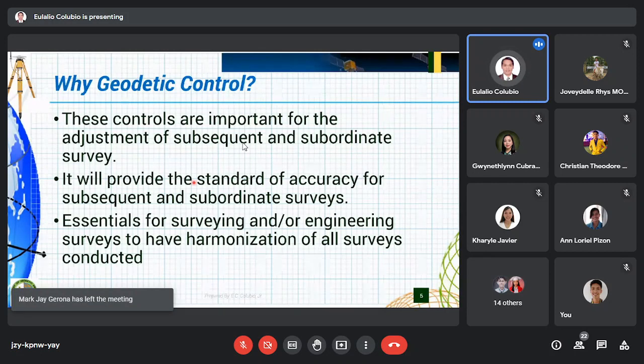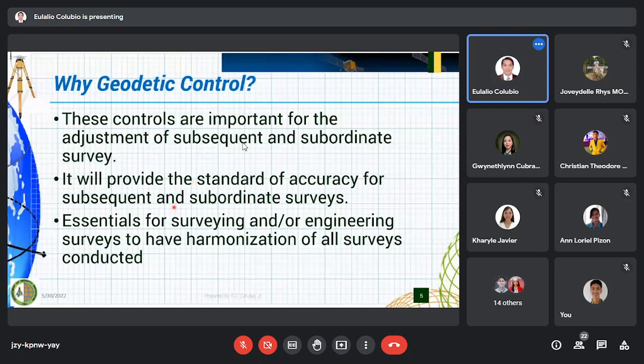Okay, so the geodetic control is also essential for our surveying, and for the engineering surveys, in order to have a harmonized, harmonic system, to avoid conflict in our property boundaries. So that's why